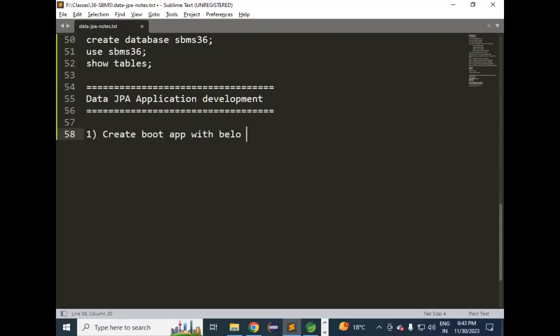Create boot app with below dependencies. First one is data JPA starter. Second one is MySQL driver. If you are using Oracle database, then you need to add the Oracle driver. Then second step,